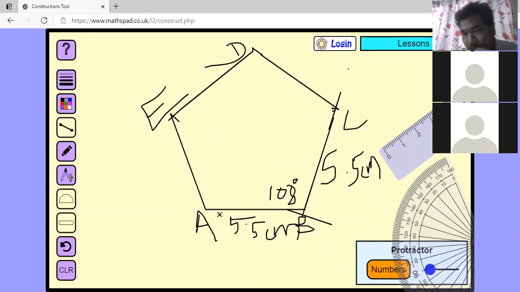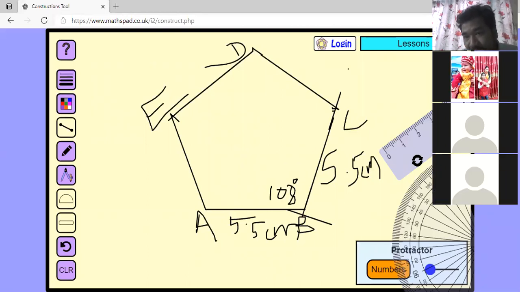Yes, sir. By finding each angle of the regular pentagon by using the formula, we found it and we drew the regular pentagon. Similarly, you can construct a regular hexagon also. The method is the same. Question number 1 and question number 2 method is same. In hexagon, what do you have to use there? Hexagon means in place of n, the number of sides, you have to write 6.